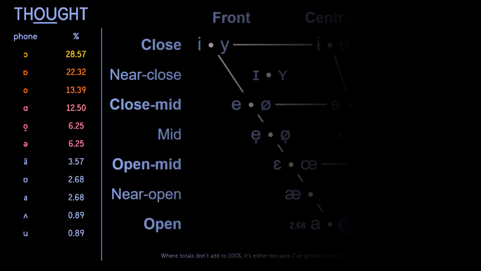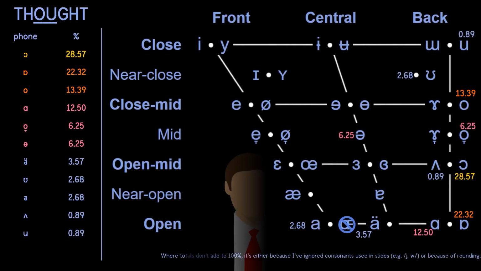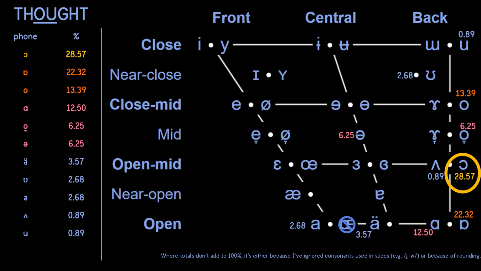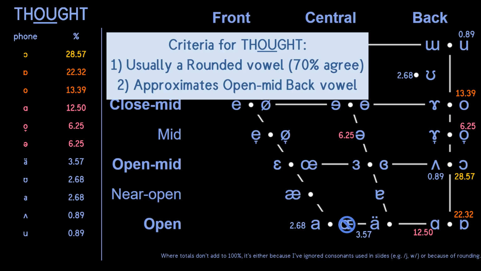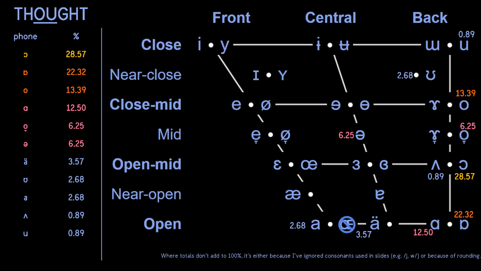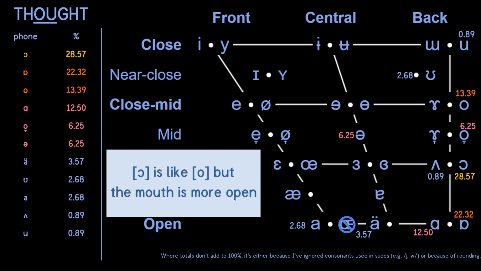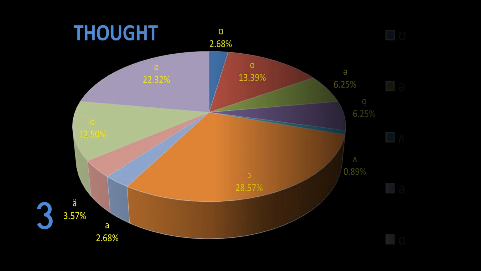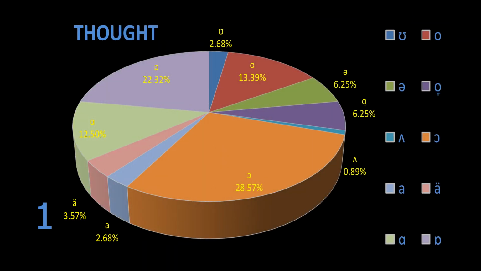With the thought vowel, speakers now begin to close their jaws. The pyramid structure hasn't quite returned, but it at least looks a bit more balanced around the rounded open mid back vowel. Although the symbol for that phone may look like a turned C, it's actually named open O, which reflects its nature as one of the O-type vowels. Here's the pie chart. Before moving on, let's recap.